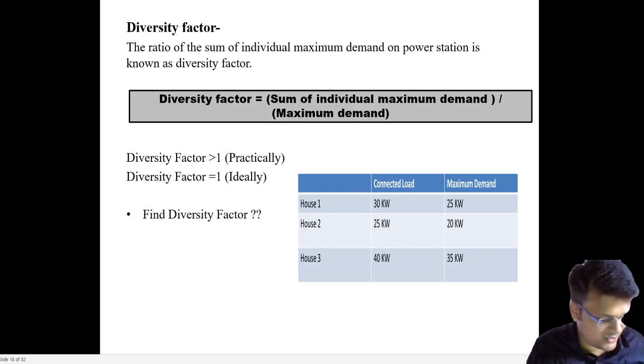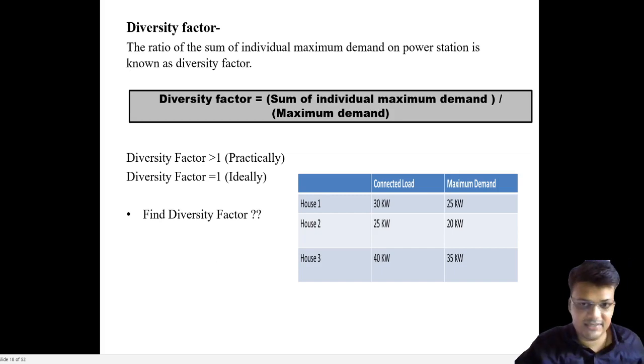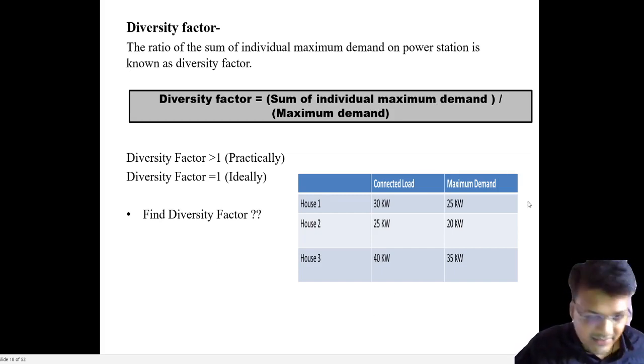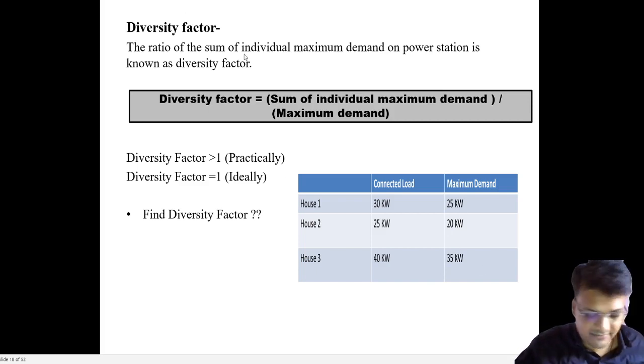I didn't solve the question; I just gave you the concept. This kind of question is asked in objective questions. Now you see that there are two different answers. Whatever the answer, the concept is that we have to sum the individual maximum demands. We simply add them, that is 35 plus 20 plus 25, and whatever the value is, divided by 35 gives the value of the diversity factor.